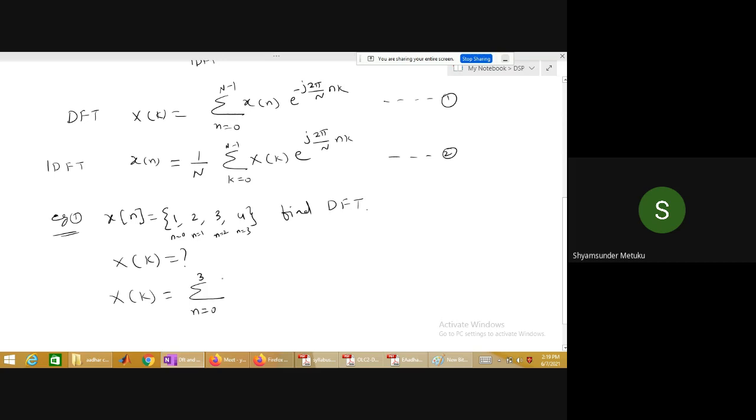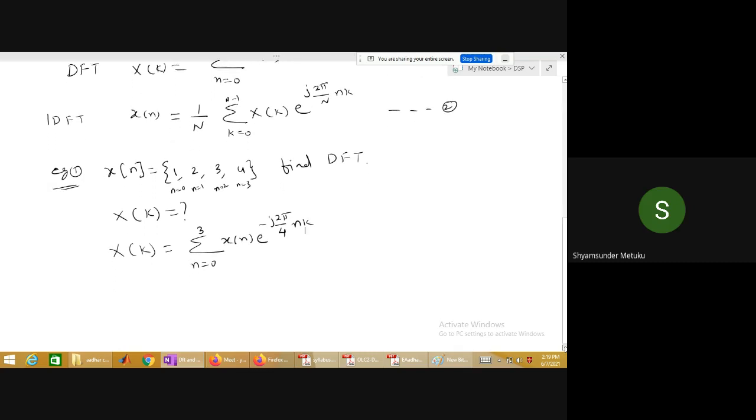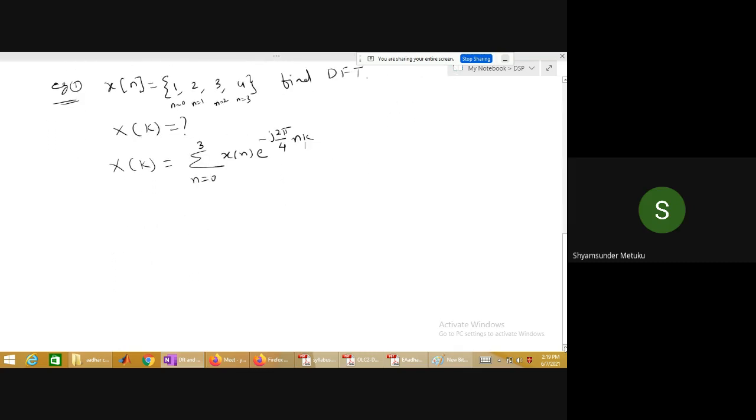Can I write n equal to 0 to 3? Capital N is how much? In place of capital N, what am I writing here? 4, because the total length of the input sample is 4. So 2 pi by 4. Then what are you going to get? X of k is equal to,